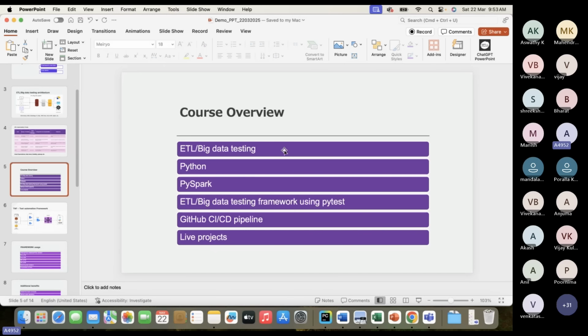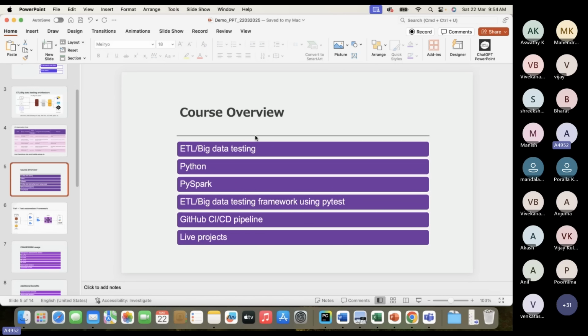Earlier batches, I was not covering ETL big data fundamental concepts, but from this batch onwards, we'll try to cover ETL big data testing concepts as well. Right now in the market, earlier we were using data warehouses. Now the data lake came into the picture. ELT projects are ongoing now. Many companies started using data lake concepts, and in recent days they even started using delta lake concepts and lake house concepts as well.